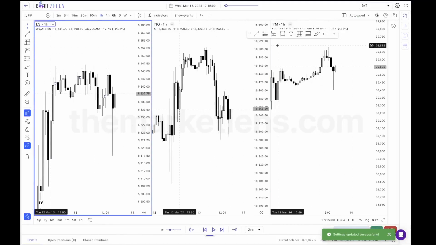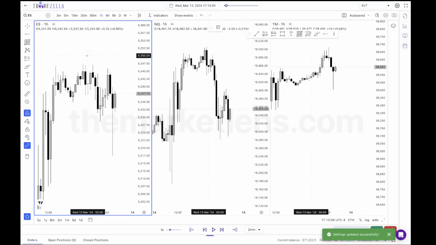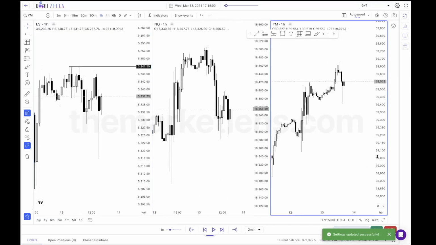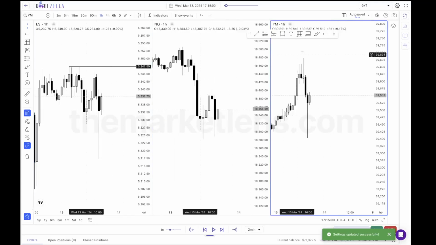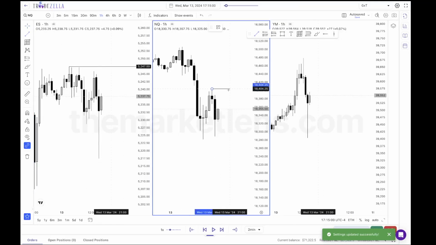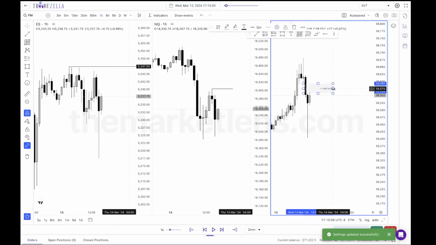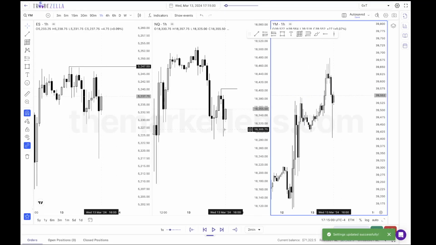honestly, this asset's kind of looking sus. Where it's like maybe it comes up here and sweeps these highs out and creates an SMT with NQ. You can already tell we're just a lot closer to these highs, a lot farther away from these highs. So maybe either asset could do that, but really NQ could maybe sweep out this high, maybe find support from this fair value gap. Now, if it's going to find support in this fair value gap, you already know that Asia or London would be high of the day, right? You would just know that naturally, but we'll see what happens here.